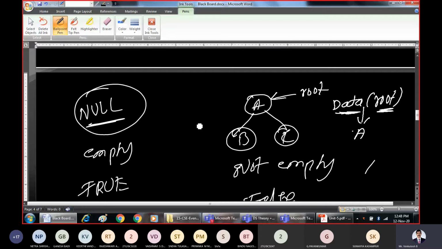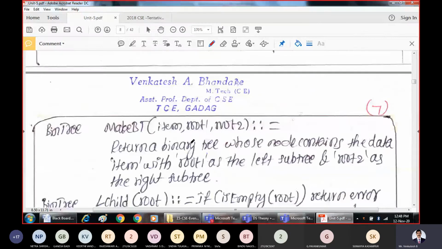So that data is A. For example, if the root is pointing to this node, it will return B. So that's it. That is a simple function.